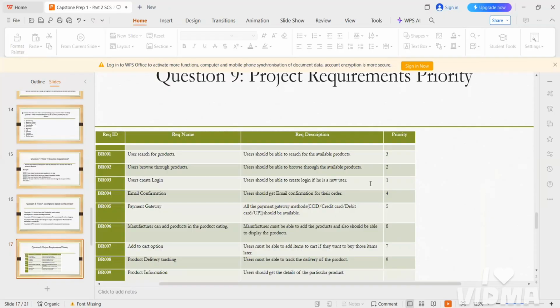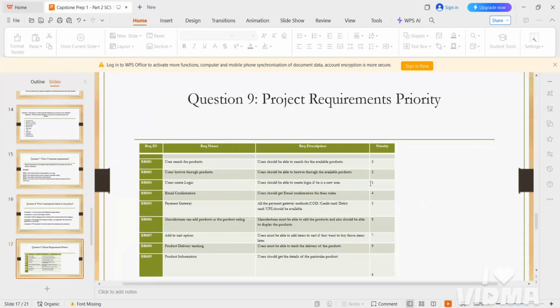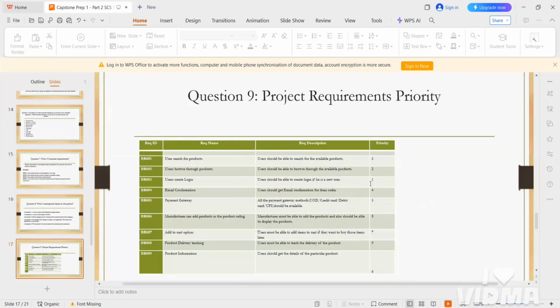Now you are working as a business analyst in the project, so you can give by your own whatever priority points you want. But when you are explaining to the mentor in the Viva, you need to explain in a clear way that based on the business values and by taking the help of the software developers, we will be giving these priority points. In this manner, you need to explain.